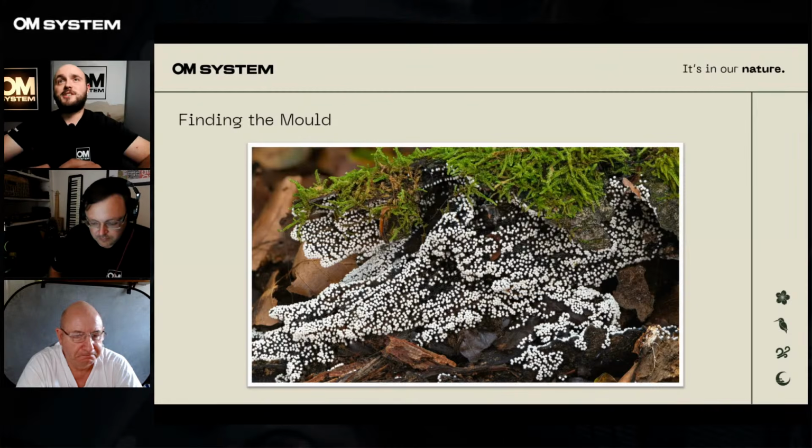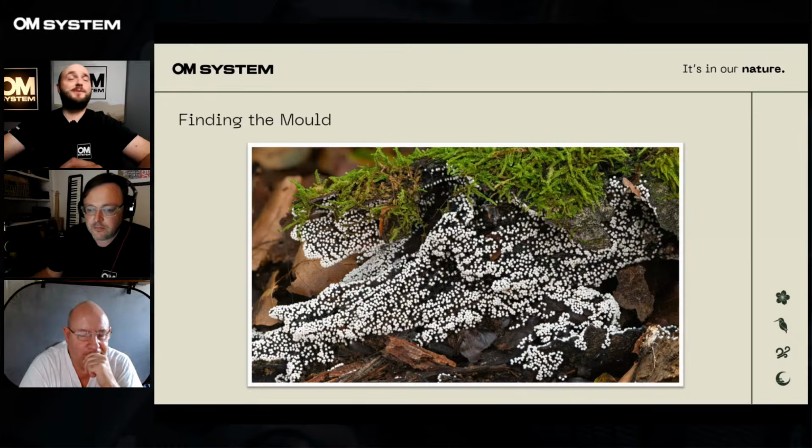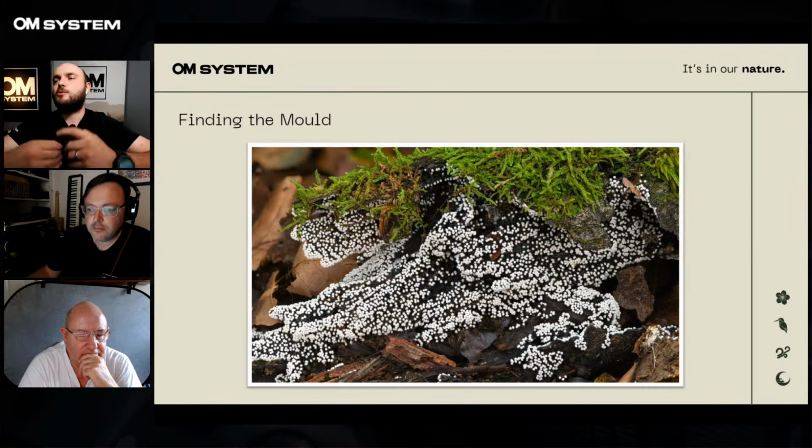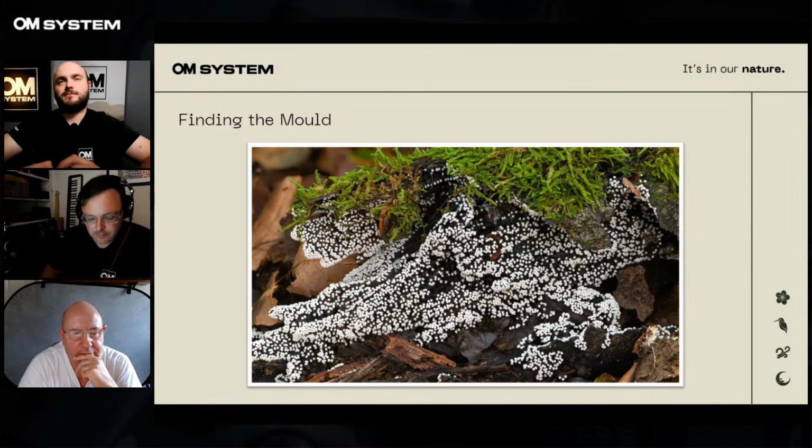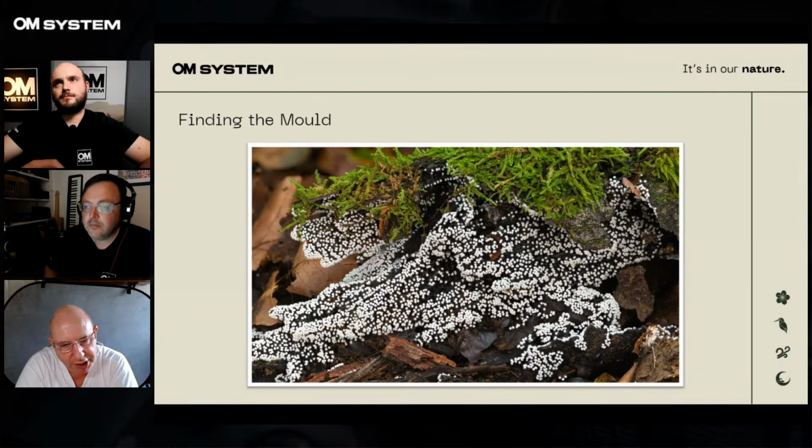But most of the people watching this, including myself, would not be able to do that. So can you give us an idea of how you would start to find this sort of stuff, Glenn? This is a picture of a piece of wood about 2 foot long, and you can see it's covered